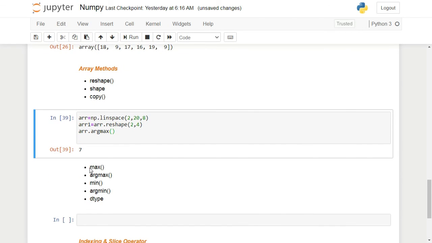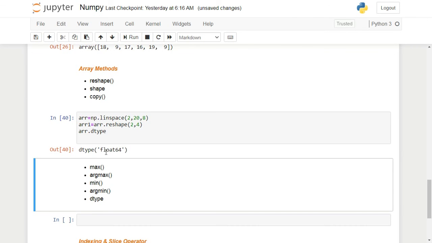So we are through with this. Now the dtype. dtype is also an attribute. The dtype basically returns the data type of elements in that array. Since the array consists of float elements, it has decimal values as well. So if I do a.dtype, you can see I'm getting float.